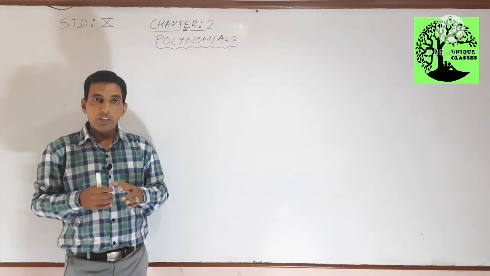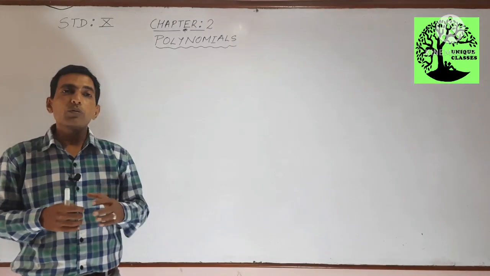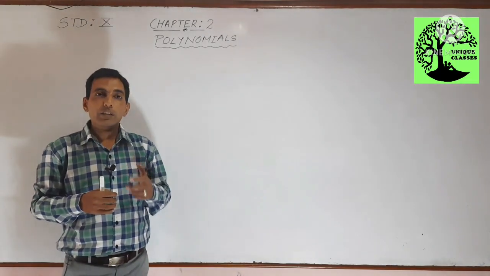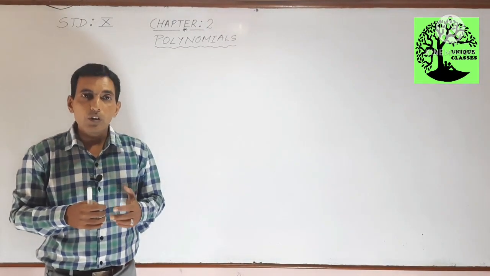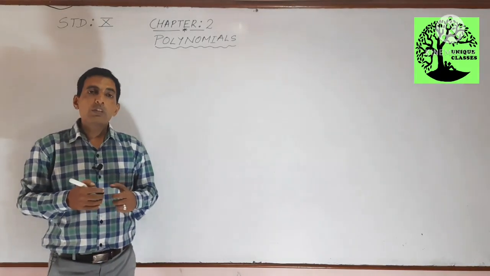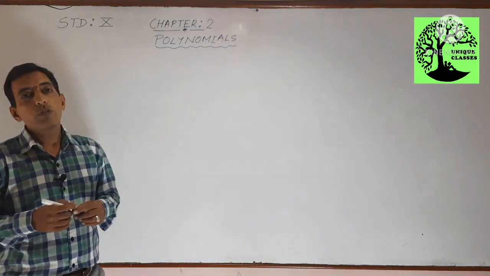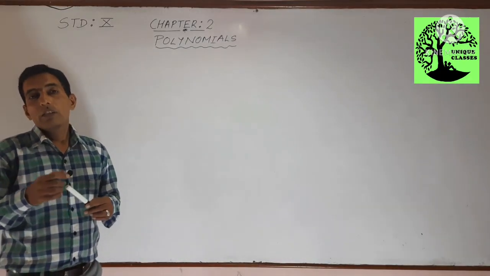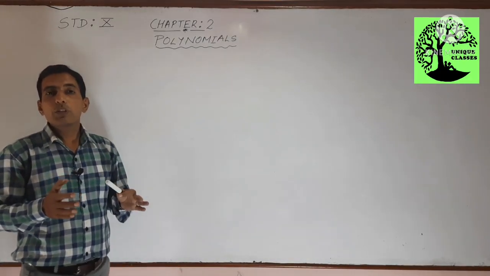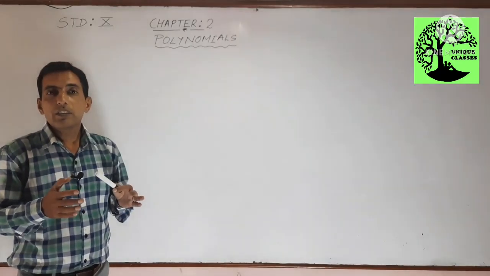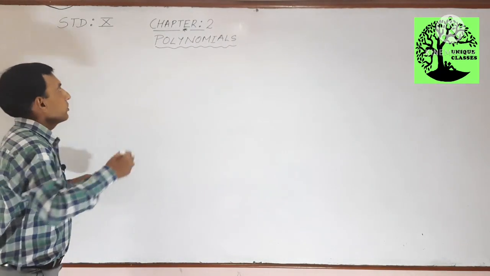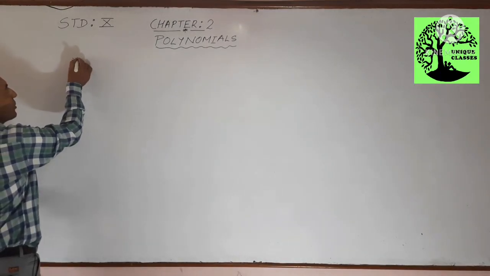But the first point I am going to teach in this video is how to check whether an algebraic expression is a polynomial or not. So, students, in this you have to check the degree of the variable. Yes, the degree of the variable must be a non-negative integer. So, the first point you are going to learn is